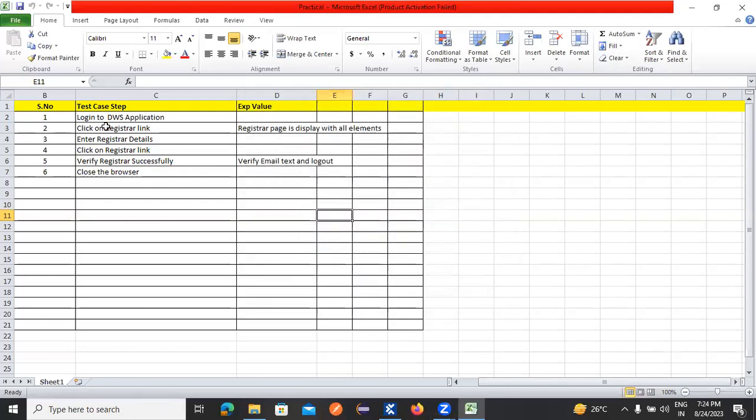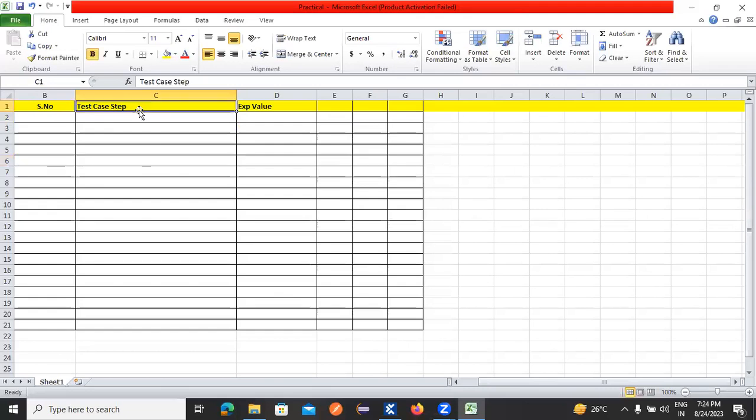See, you guys observe. This is the test case, just imagine. Serial number, test case step, and expected value. See, here I will provide